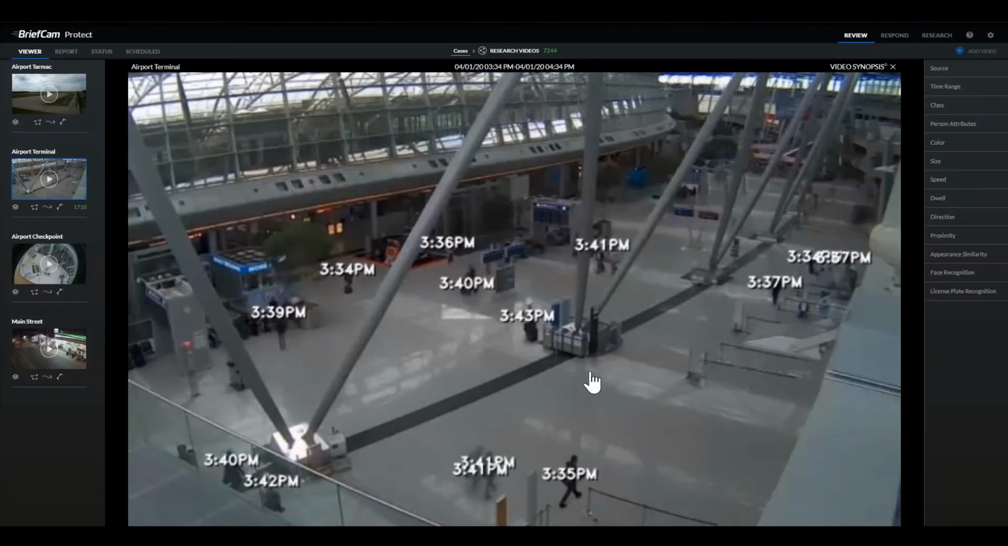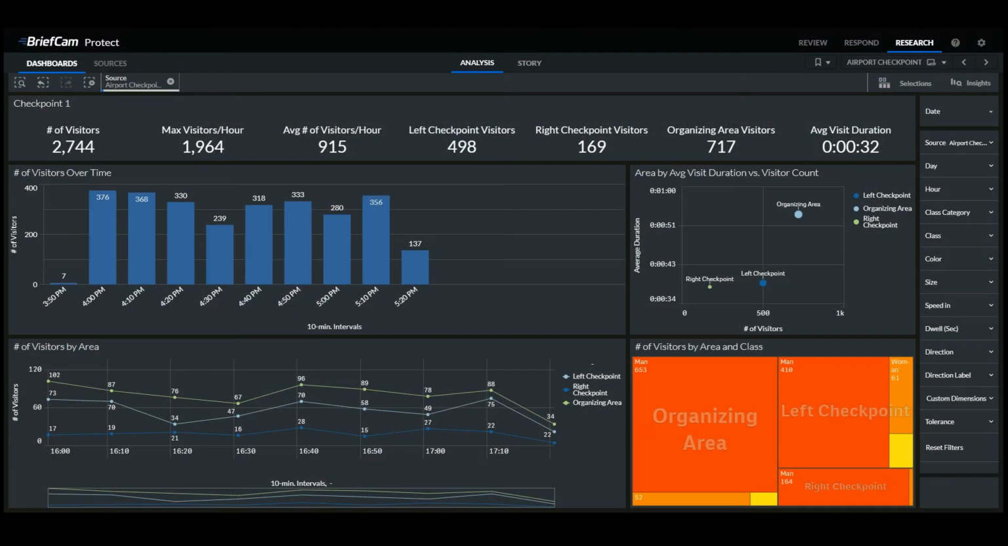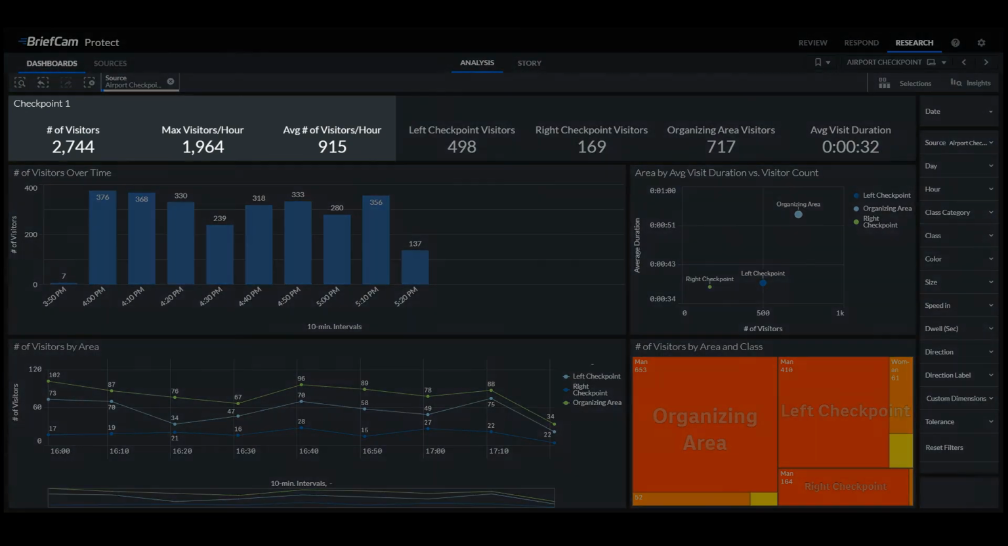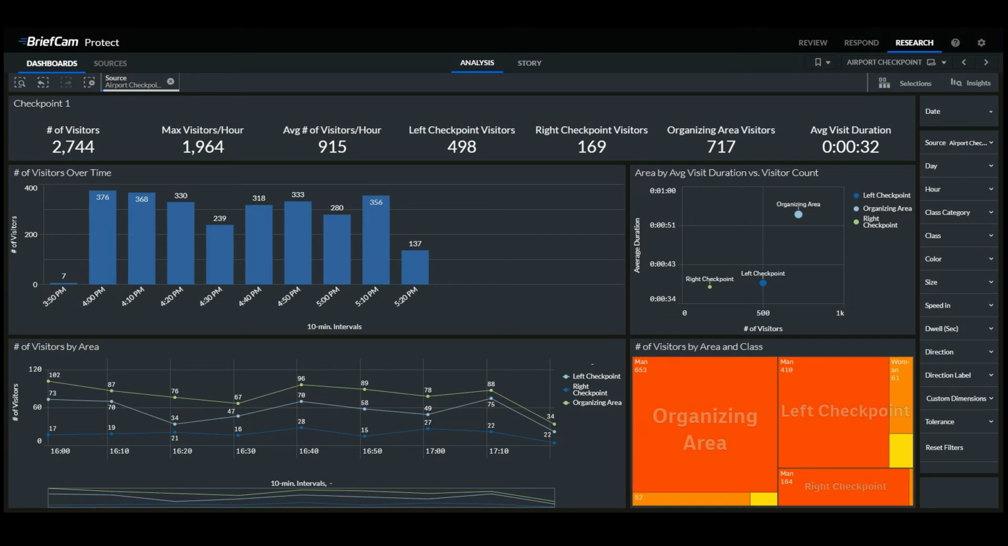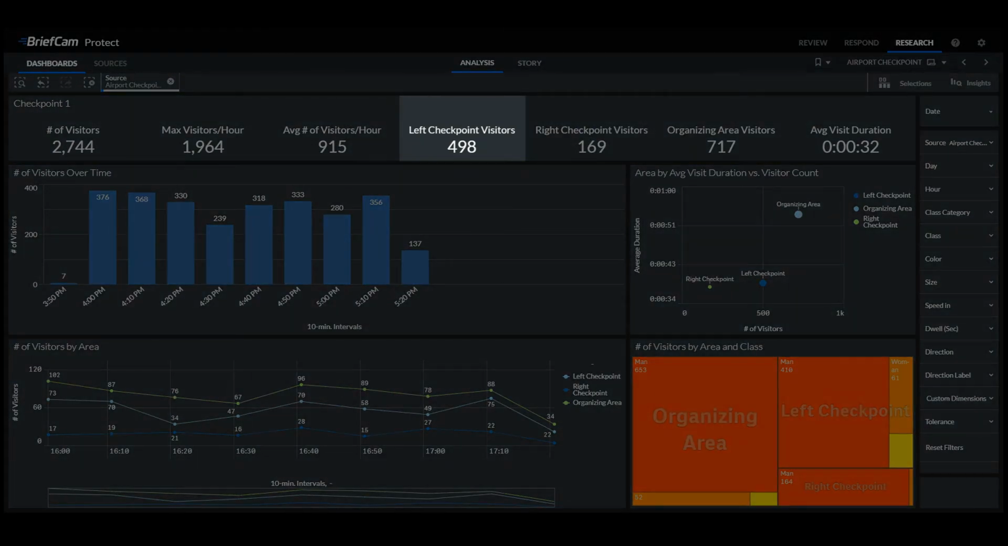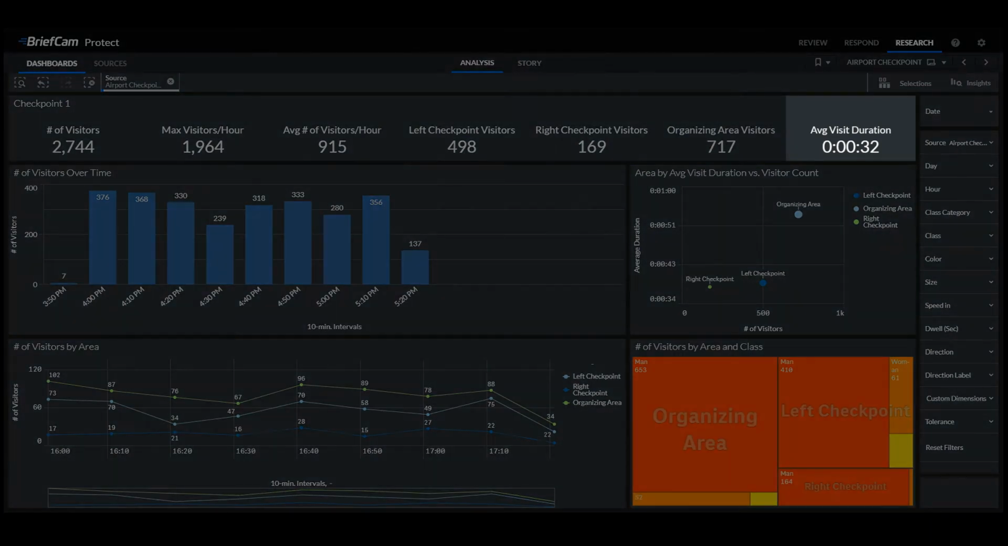This dashboard is a visualization of this video of an airport checkpoint. The dashboard compares the two checkpoints and shows the aggregate number of visitors, the number of visitors in each checkpoint, as well as the number of visitors in the organizing area, and the average visit duration. We can see that there are many more visitors at the left checkpoint as compared to the right. We can also see the average visit duration of each person in the scene to understand how much time they spent in the camera view and get a sense of how much time it takes on average to pass through